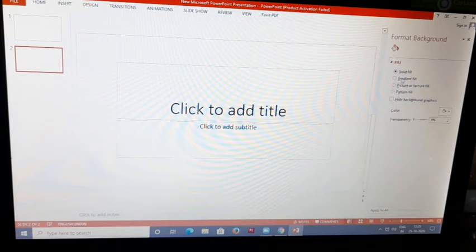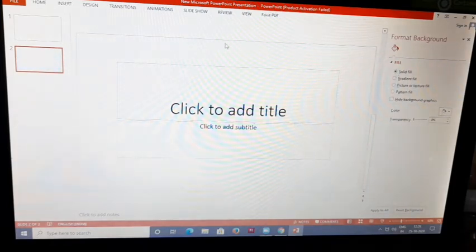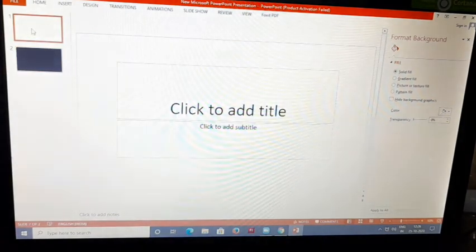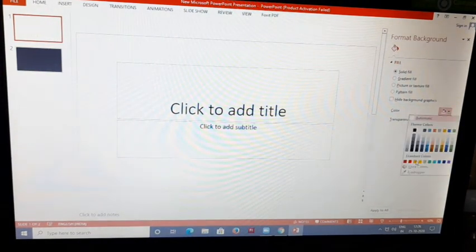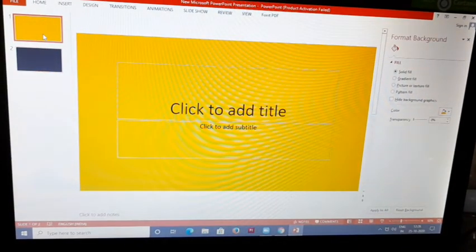We can select Solid Fill to apply a unified color to your slide, and you can select Gradient Fill to apply a mixture of colors to your slide. So this is the way to change the background color. We can choose the color from here. You can choose like this, and for the first slide, suppose we can choose any. By this way we can choose the background color.